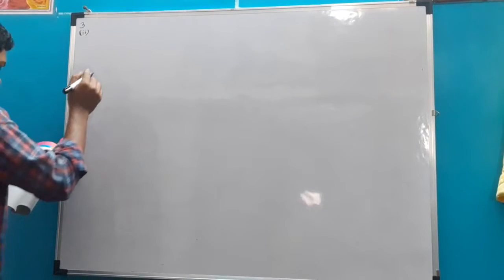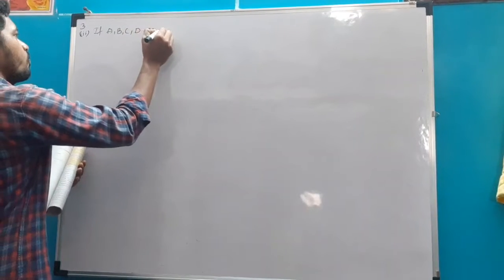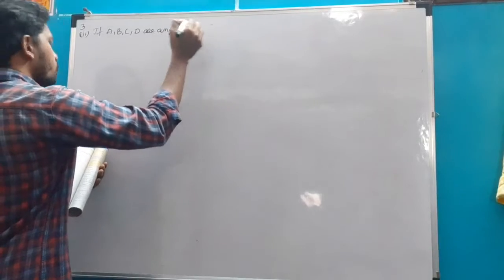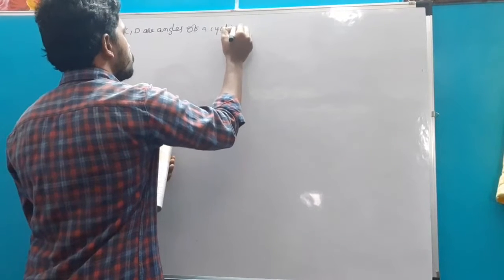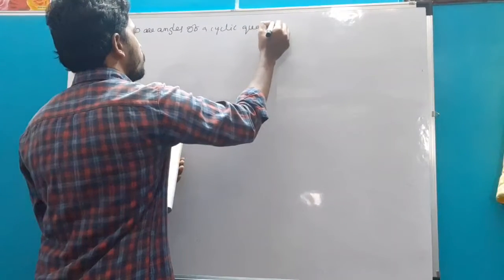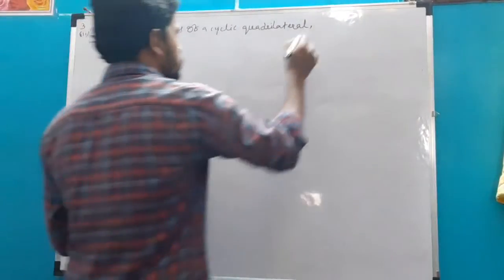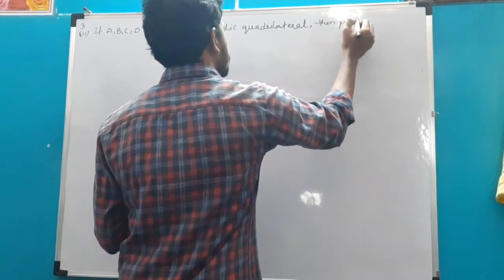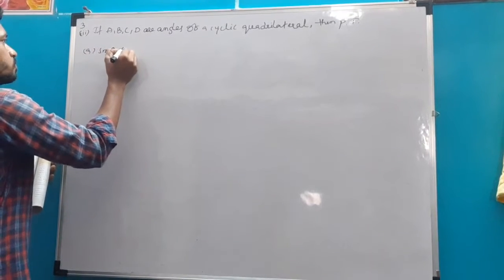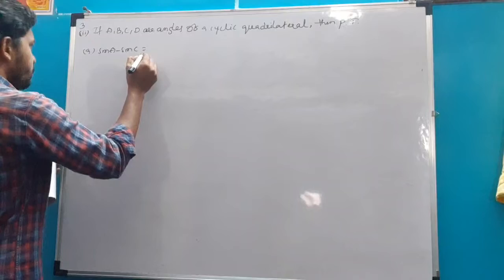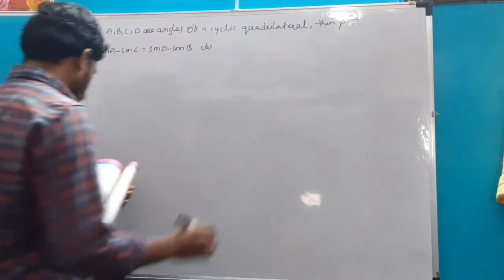If A, B, C, D are angles of a cyclic quadrilateral, then prove that sin A minus sin C equal to sin D minus sin B. And second one, cos A plus cos B